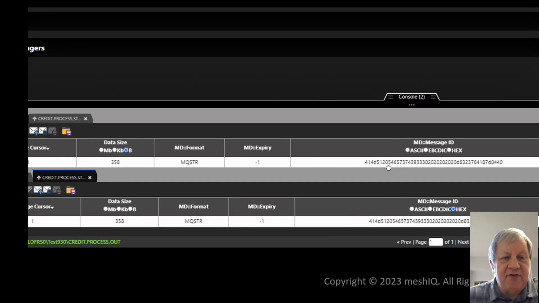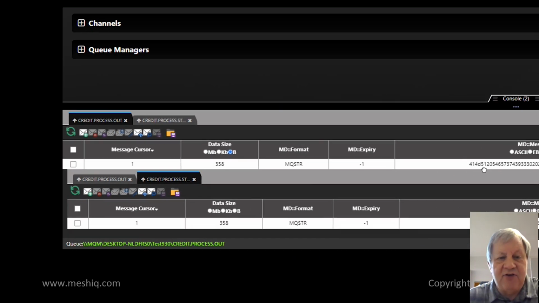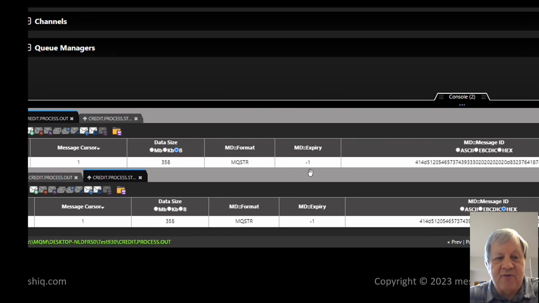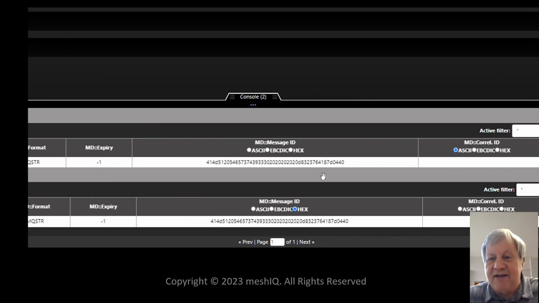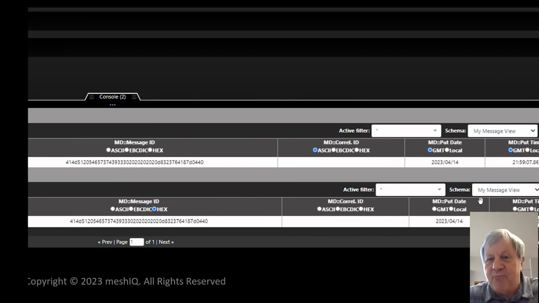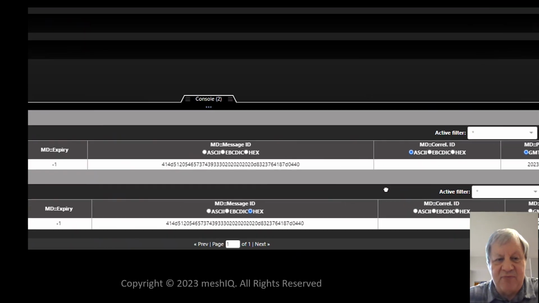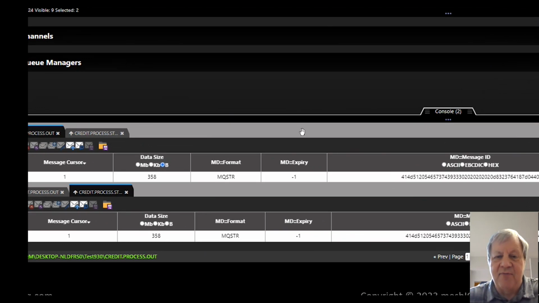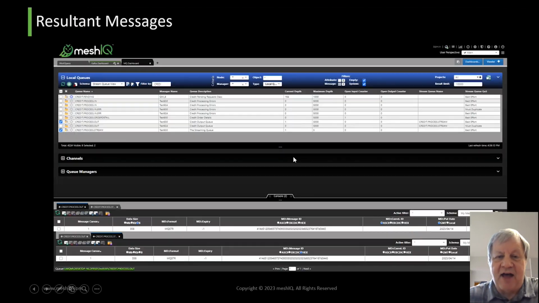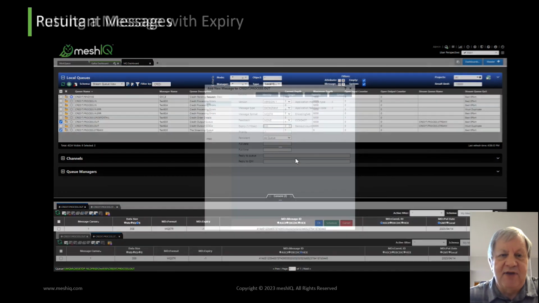And if I go down here to the bottom, you'll see that, as I mentioned originally, these messages are virtually identical. We're looking at both messages here. The message ID that was generated is still the same message, the put date and time is the same. So technically, these messages look identical. It's hard to tell from the outside that there's any difference in those two messages. Okay. Thus, I've now demonstrated the key objective of a streaming queue.